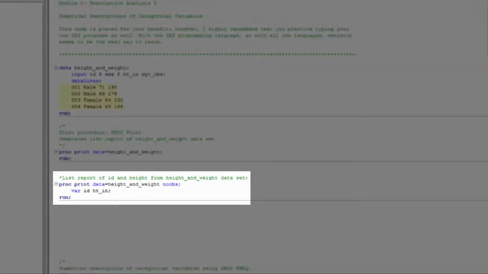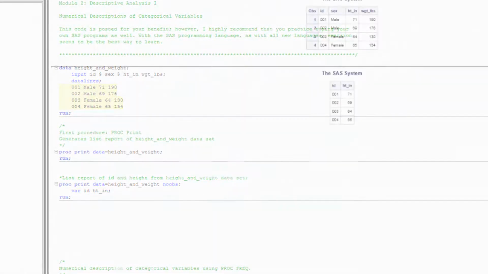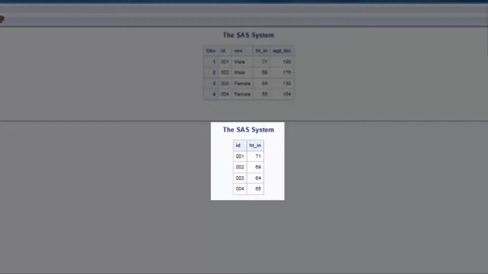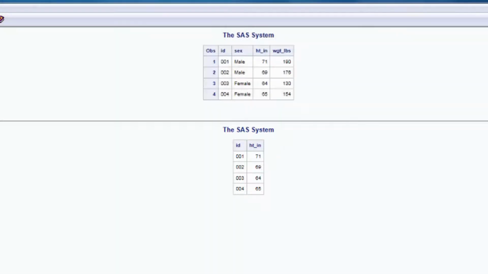As you may have guessed, var is short for variable. By adding the var statement to my proc step, I'm telling SAS that I only want to see the variables ID and height in my list report. And it worked. I should point out that we did not just delete sex and weight from our data set. All we did was print a list report in the results viewer window that includes only the variables ID and height. Now that we're able to easily view our data, let's return to our original purpose in this demonstration, calculating